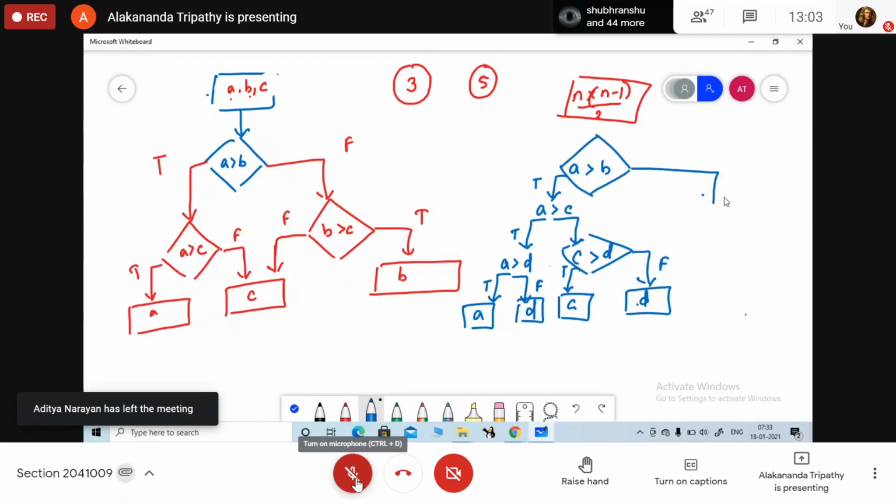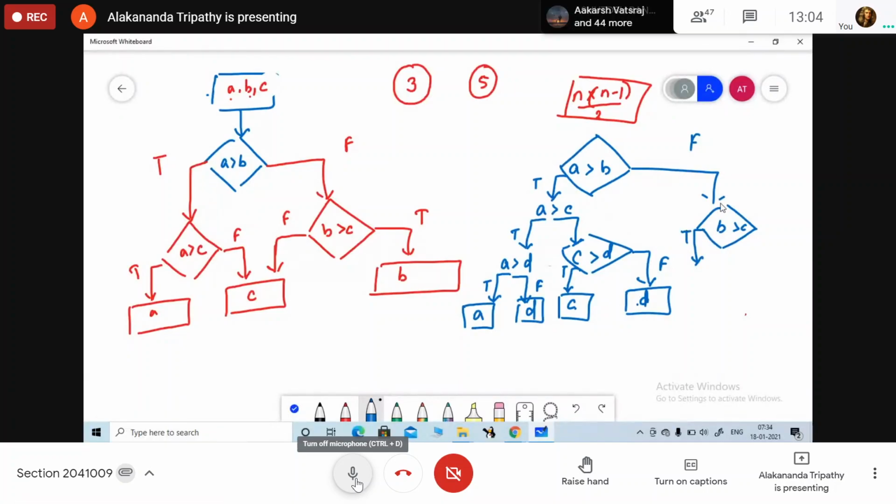D. Now, if this statement is false, then you are comparing what? B greater than C. If this is true, what do you compare? B greater than D. If this is true, what output do you get? If this is false, what output do you get? If B greater than C is false, then C is greater than D. If this is true, what will the output be? If false, what will the output be?